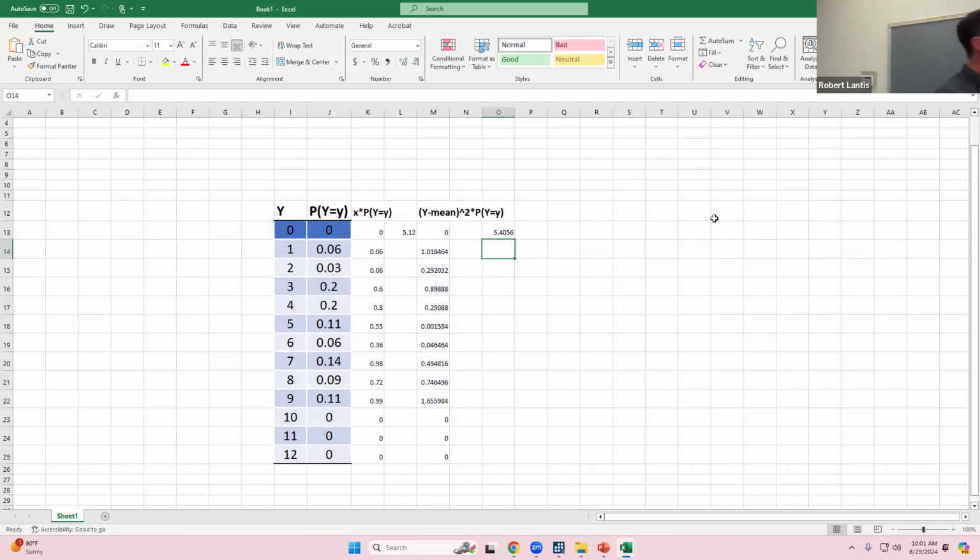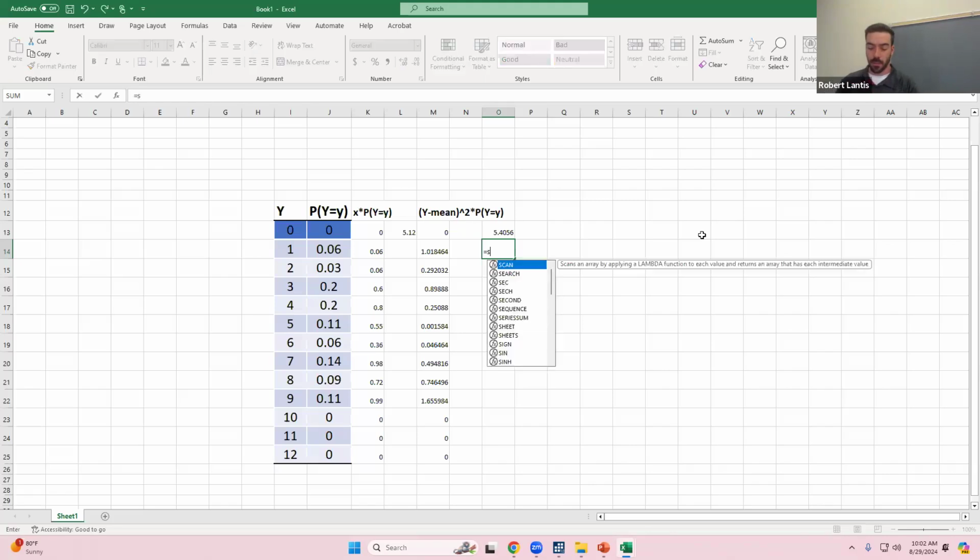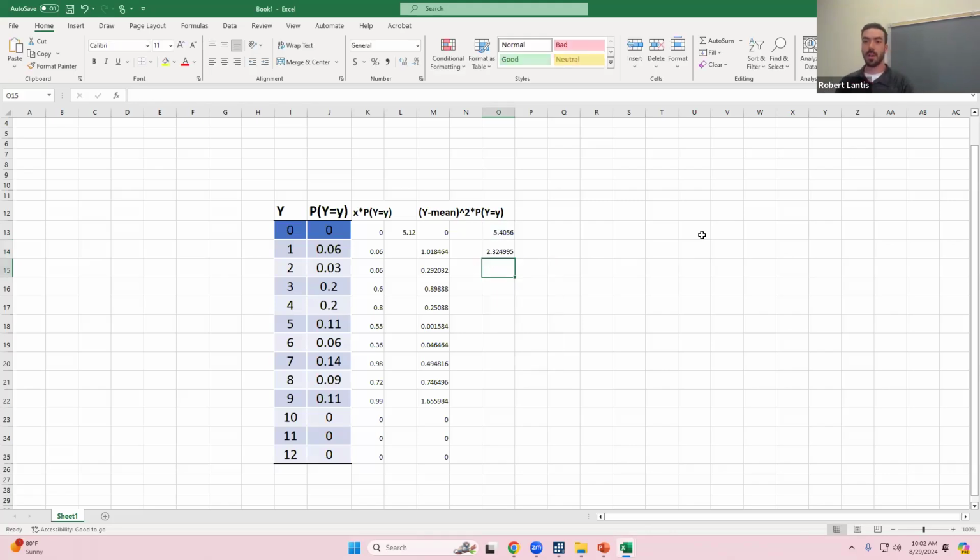So here, I get that the variance is, just coincidentally, close to the mean, which is 5.4. I could do that all by hand as well, in the way we wrote it out up here. I'm just doing it in Excel to give you some values that you can check yourself against if you want to do it by hand. Now, if I wanted the standard deviation, what's the only thing I need to do? Square root that. I can do that pretty easily on a calculator or in Excel as well.